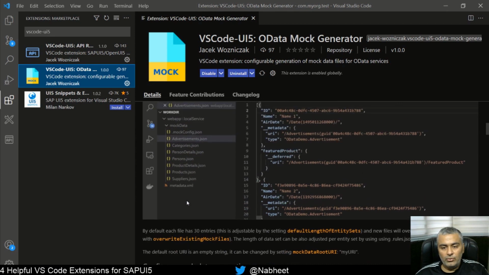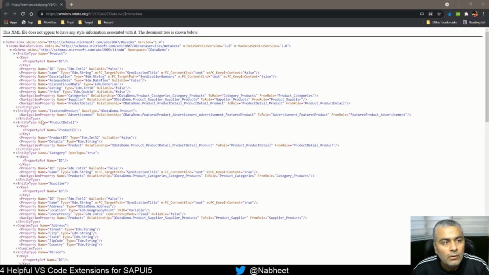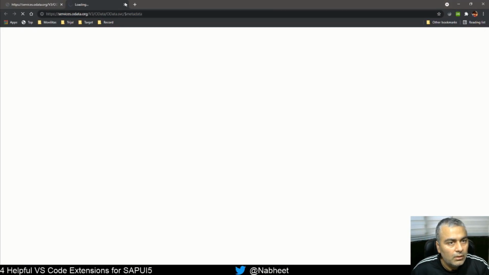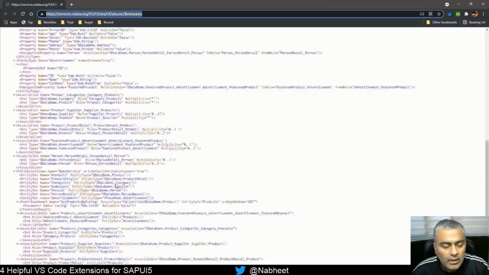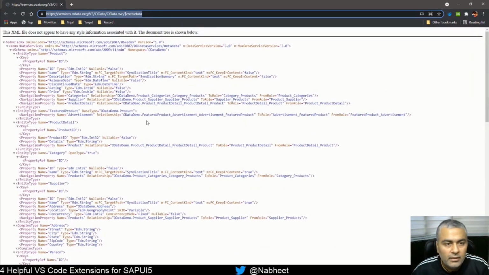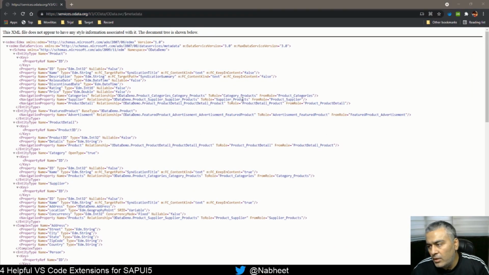So all you need to do is, first let me open the Northwind. So I have opened this v3 metadata, right? And this is what the whole metadata looks like. We would love to generate test data for this OData service. You can use any of your OData also.